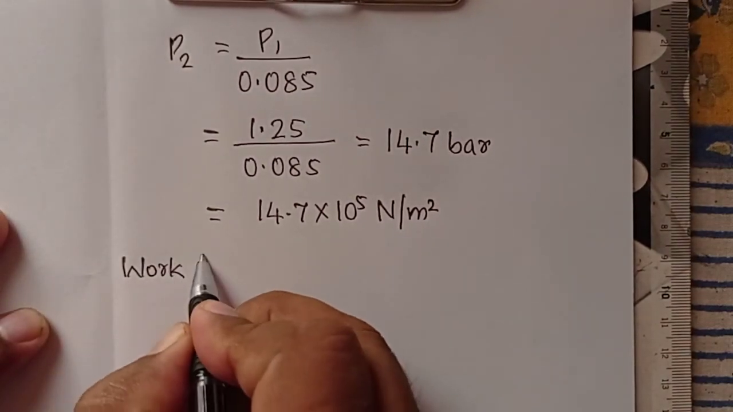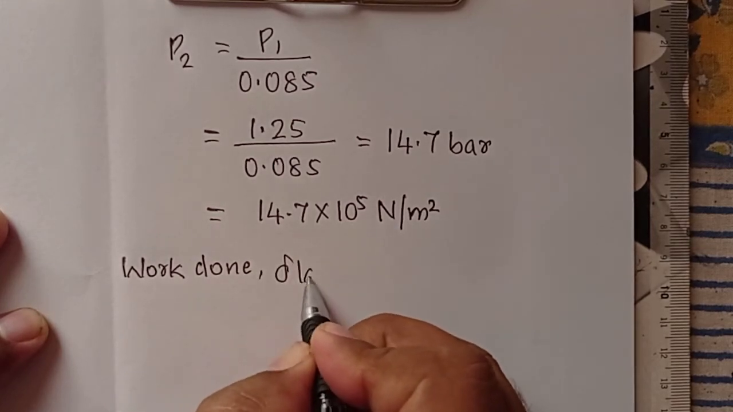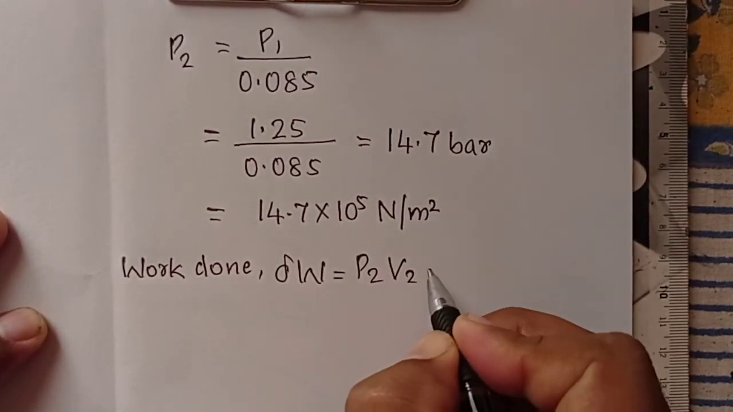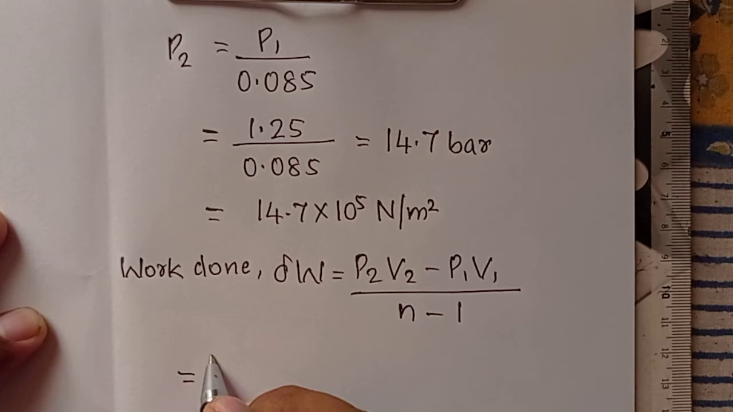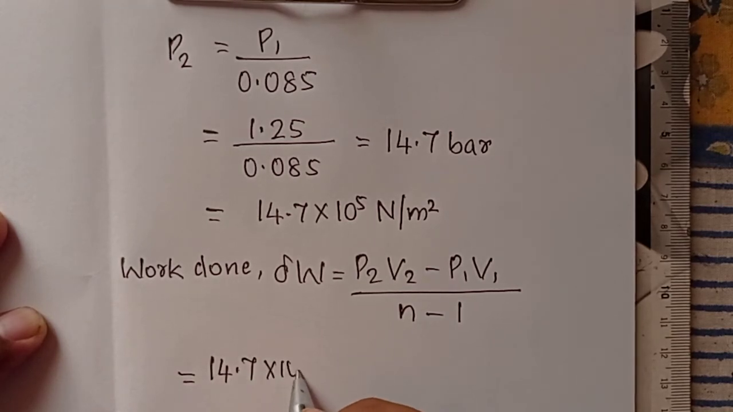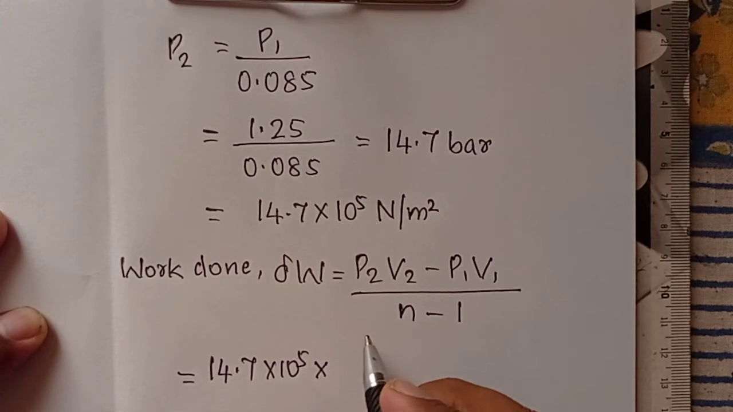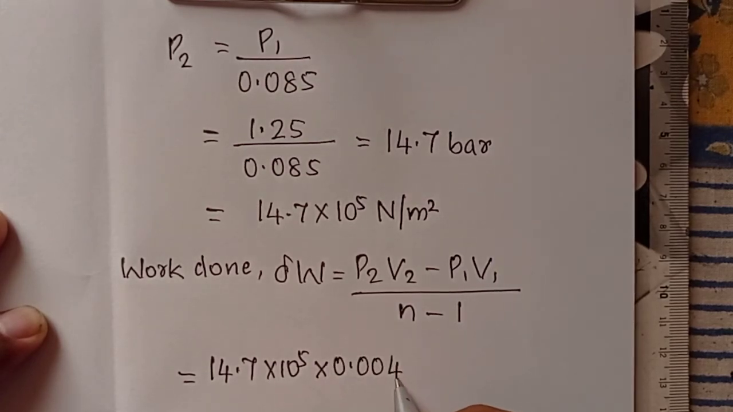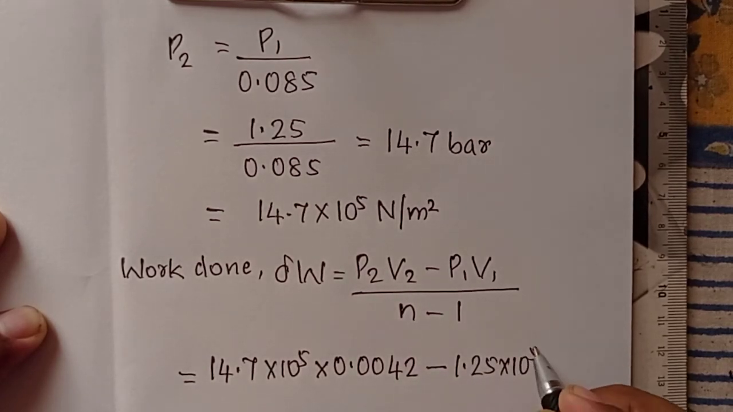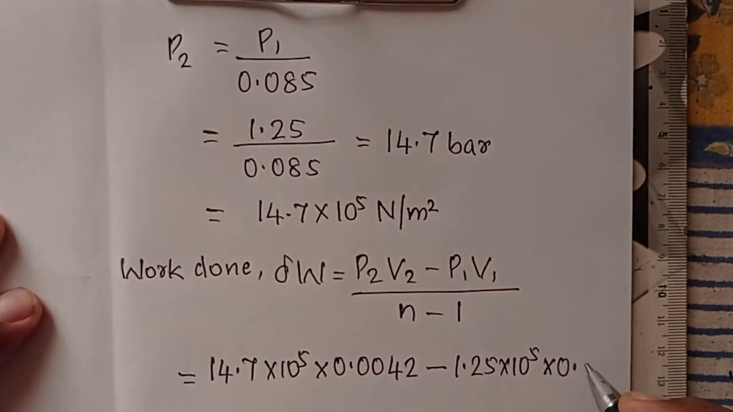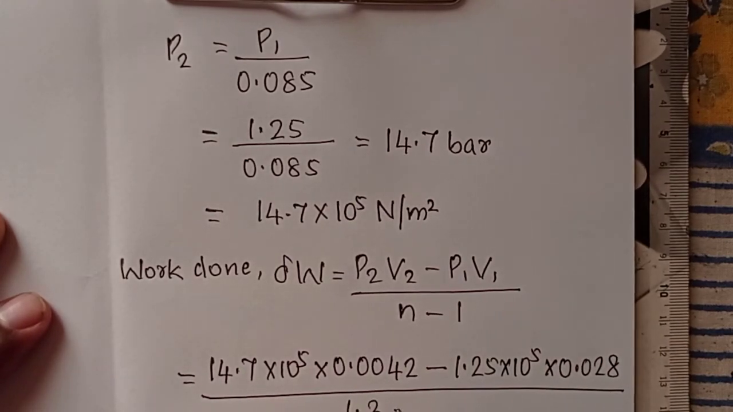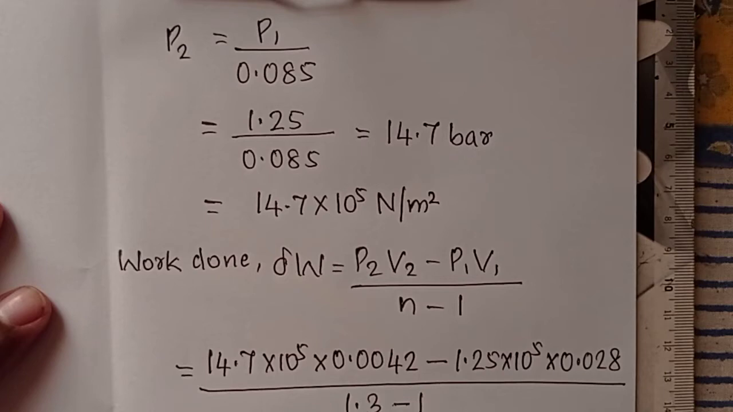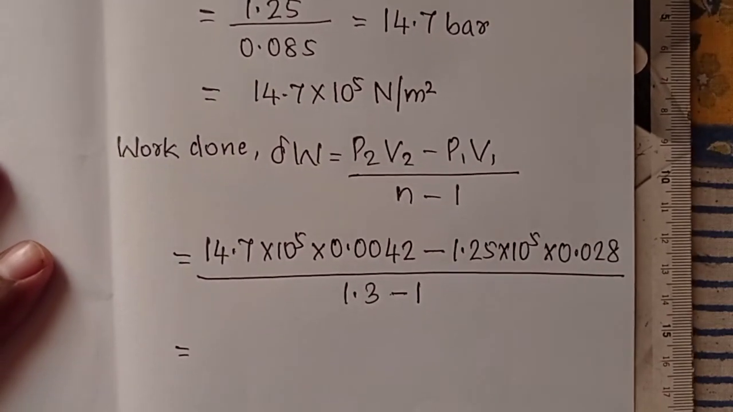Work done, that is dou W. Dou W is equal to P2 V2 minus P1 V1 divided by n minus 1. So what is the value of P2? Just now you have found out 14.7 into 10 to the power 5 into the value of V2 is 0.0042 minus P1 is 1.25 into 10 to the power 5 into V1 is 0.028 divided by n, which is 1.3 minus 1. So substitute all these values, you will get the answer as